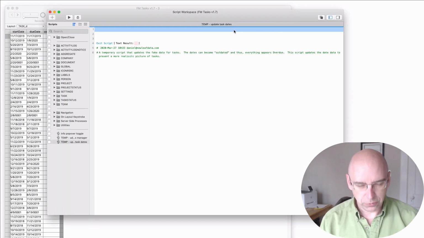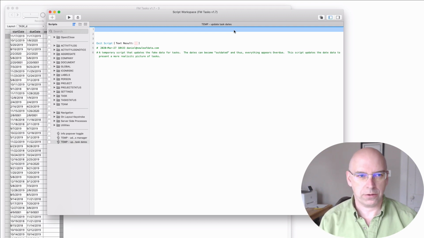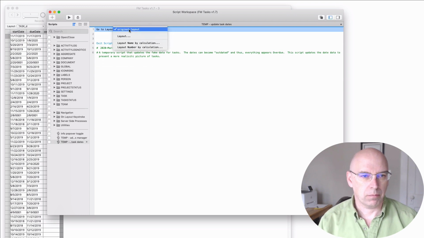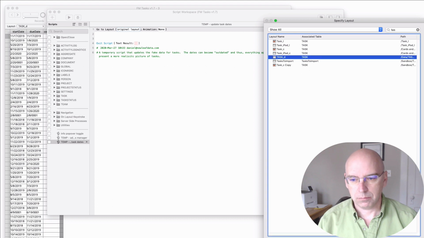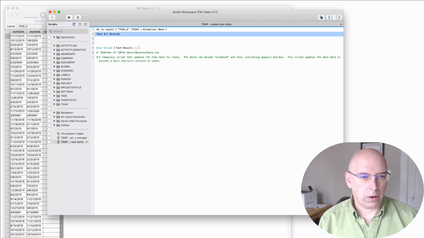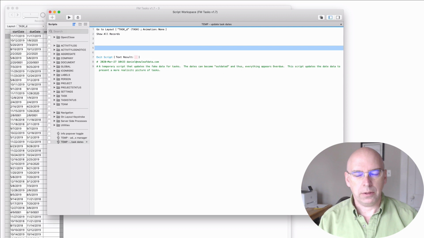So the first thing I want to do is take care of the context. So I need to go to this layout, and I want to make sure that all the records are shown. And then the last thing I want to do in this, because this is a resetting of temporary data,